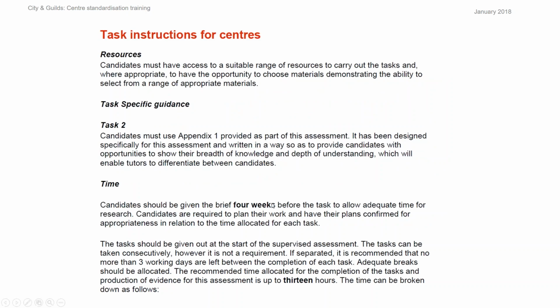So moving on to task instructions for centres, this precedes the generic centre guidance and is specific to each set of tasks. It details instructions on resources, timings and rules set out for the tasks. So as you can see here, we've got resources. We've got specific guidance for task 2, and in this case we're asking candidates to use Appendix 1, and that